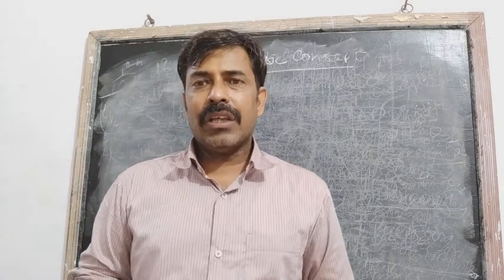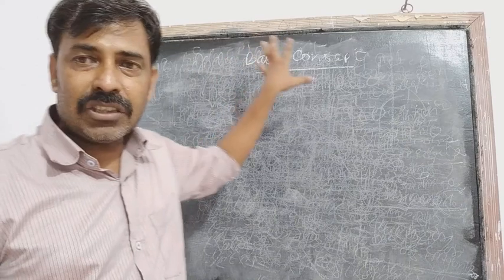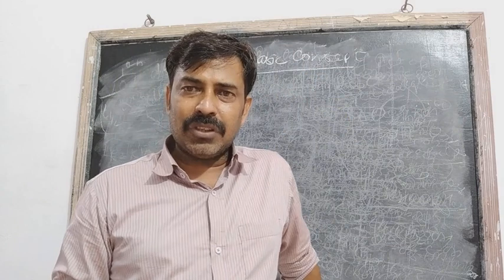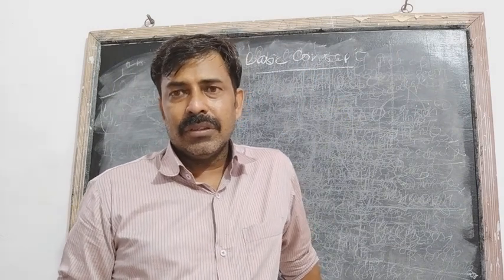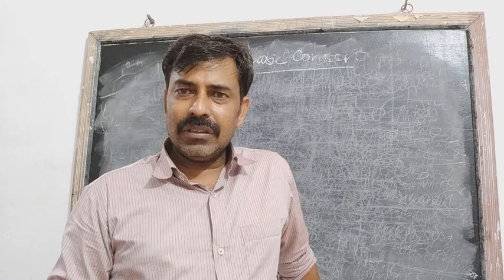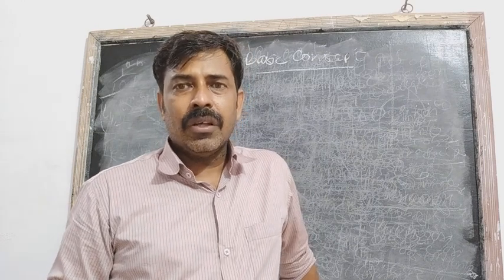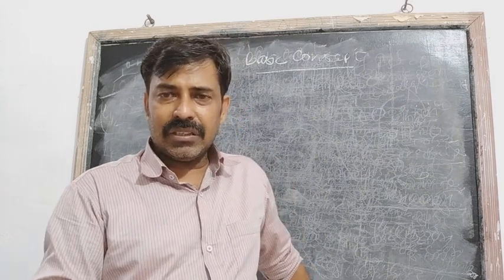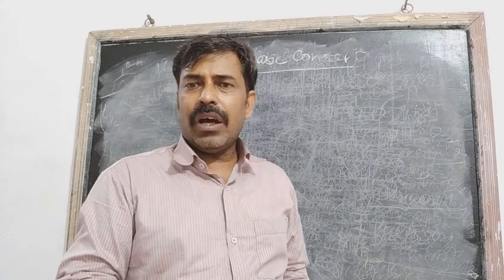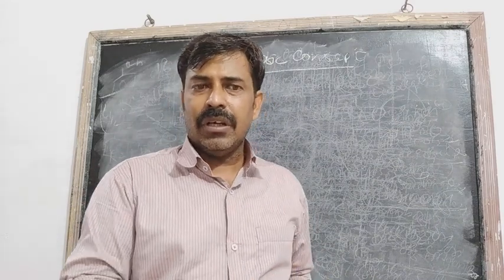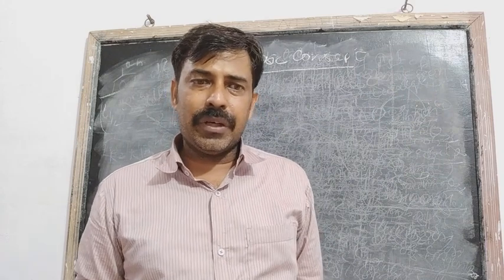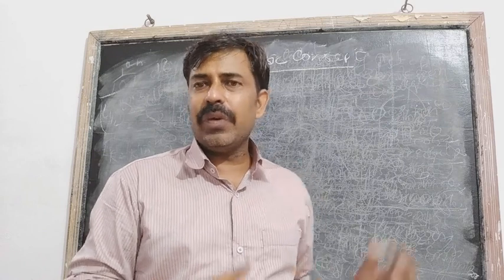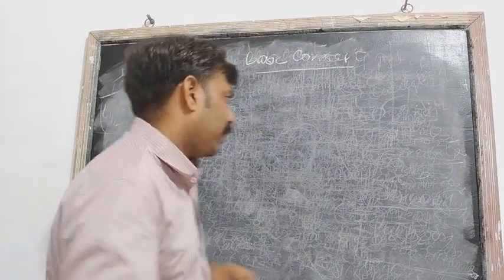In chemistry, we are starting with the first chapter, that is the basic concept of chemistry. You know well that NCERT has decreased some of the syllabus, and only 70% of the syllabus is available for this year only. So in this chapter some of the topics are already removed, especially some of the initial topics and units. So we are not going to study those topics. I am just starting from the significant figures, laws of chemical combination, and then the stoichiometric calculation. So we are starting with the significant figures.